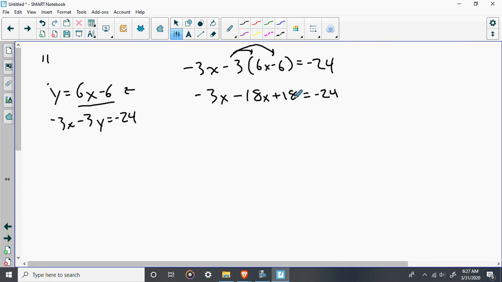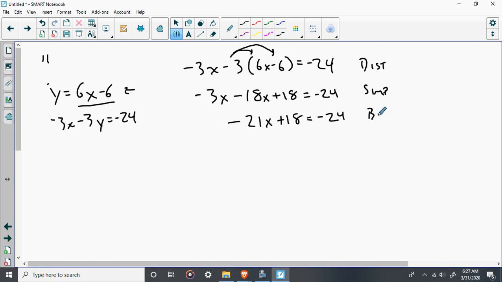Okay, now that we've got that, we need to combine our like terms. Well, again, 18 can't get added to any of these things, but I can say negative 3 and negative 18. If I put those two things together, I get negative 21x. Okay? And now we can start moving things. So again, I would say distribute, simplify, and now let's